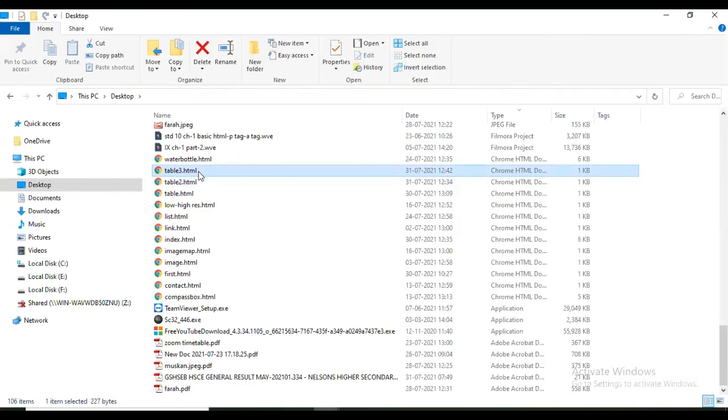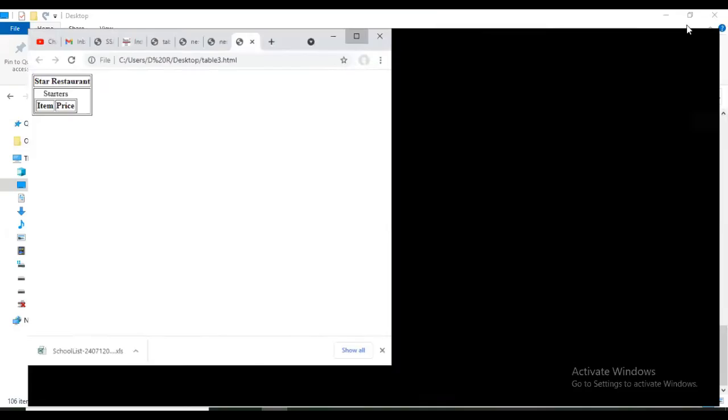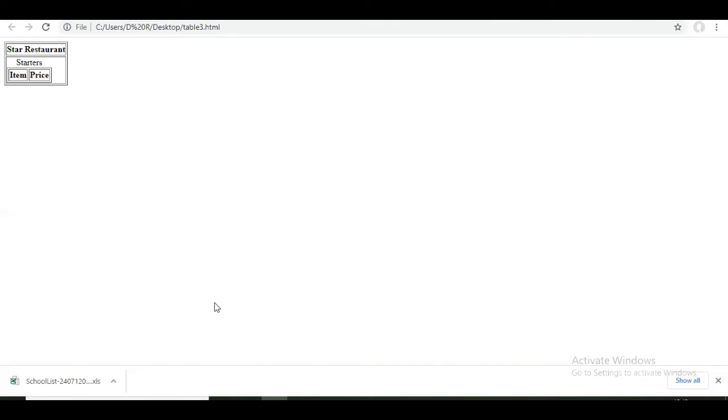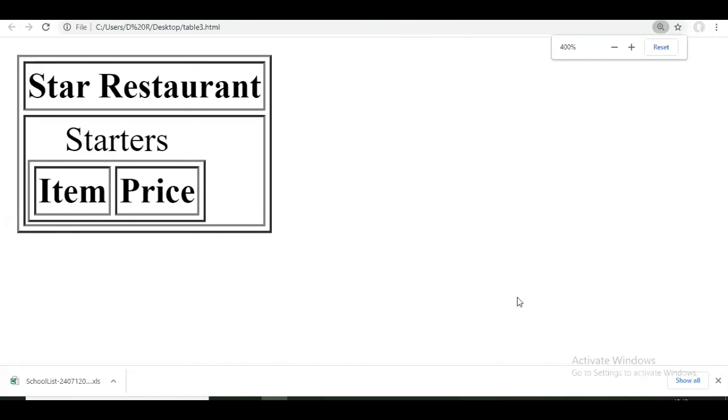Now this is table 3. I am opening this. Okay, now you can see it like this. Now since we have created one cell only in second row of this outer table, that is Star Restaurant, we are not getting any value here.